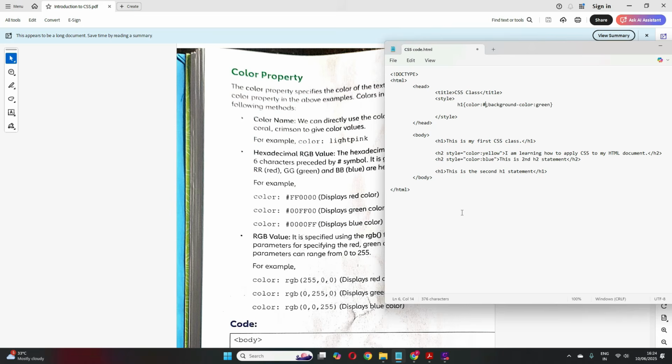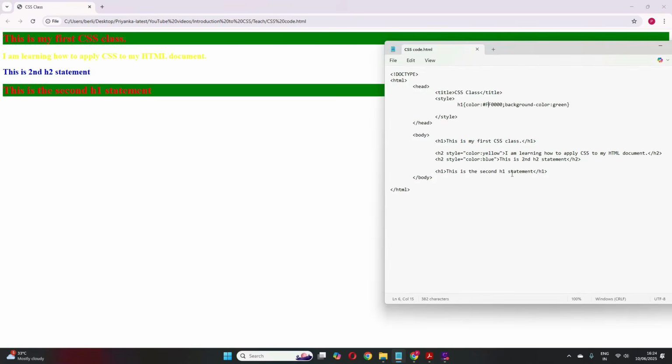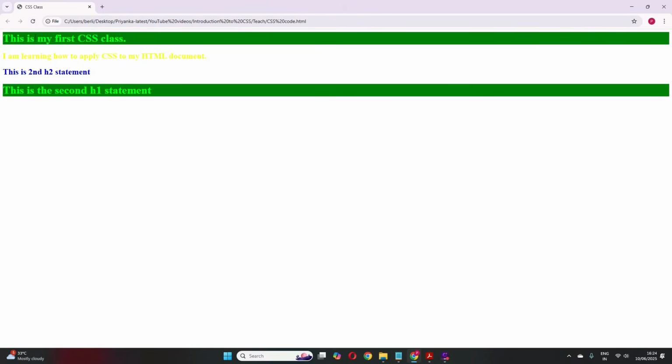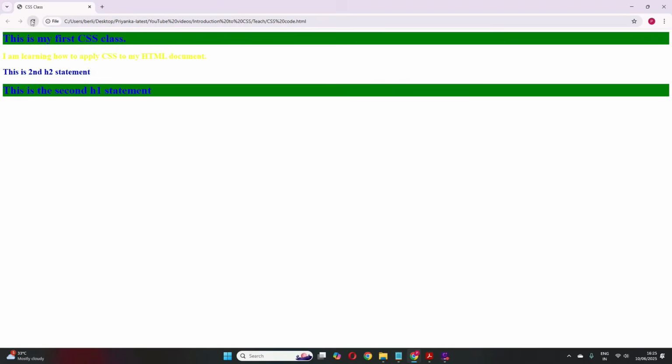You know, red, green, blue are the primary colors. So the combination of that gives us the color, right? So if I write FF0000, correct? If I save it, you see the color will still be red. Okay. If here I put 00 and in the middle I put FF, see the color will change to green. Okay, similarly you can have red, green, blue. You can have a blue, which is this value FF here. So if I save it, you see this is blue.